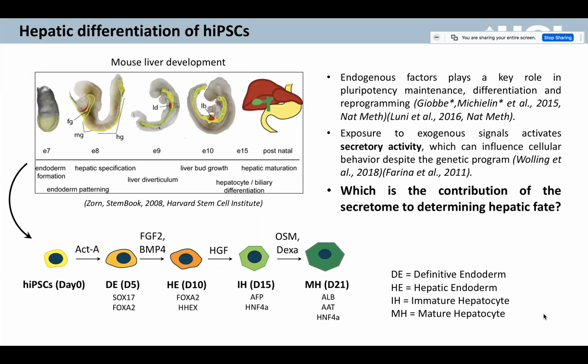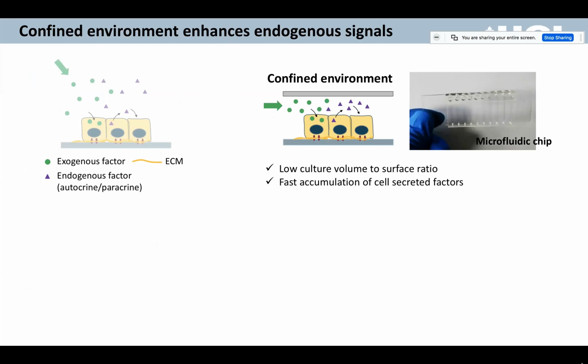So in this study, we asked whether and to what extent the contribution of the secretome of developing hepatocytes is important in determining the hepatic fate. And to do that, we reasoned that, differently from the standard Petri dish substrates, the microfluidic environment can greatly enhance the accumulation of cell-secreted factors thanks to the low culture volume to surface ratio, and therefore allow us both to identify these secreted factors, but also to study